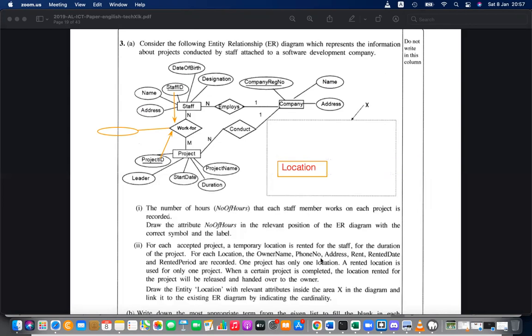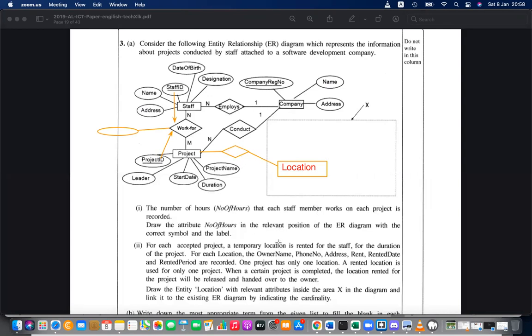Owner name, phone number, address, rent, rented date. So here a relationship comes in between project and location: rents. For each accepted project, the renting happens.